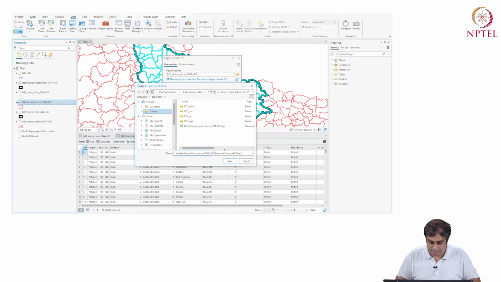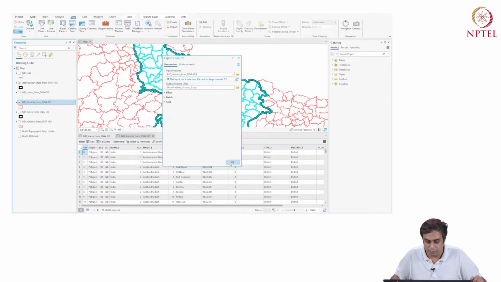I'm just going to say from Diva GIS, instead of Diva GIS, just make the name a little shorter. I'm going to say 1 because I'm going to show you an alternate path, an alternate strategy of clipping the features. So right now, let's just clip the features with the select attributes methodology.